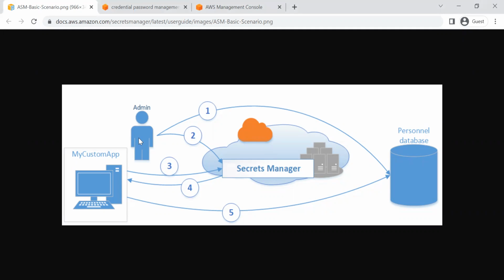After the administrator has configured it, the database administrator creates a secret in Secret Manager named My Custom App Credentials. Likewise, he has saved it in Secret Manager. Then Secret Manager will encrypt and store the credentials within the secret as protected secret text. And when my custom app accesses the database,